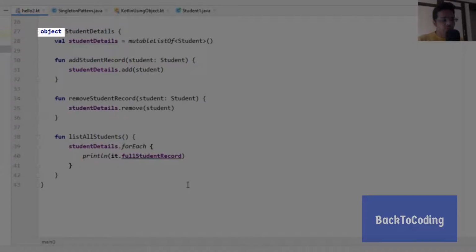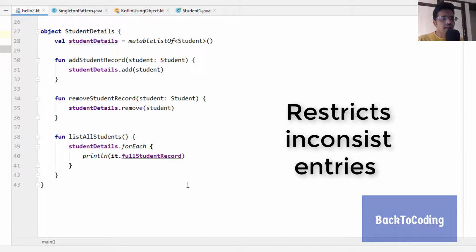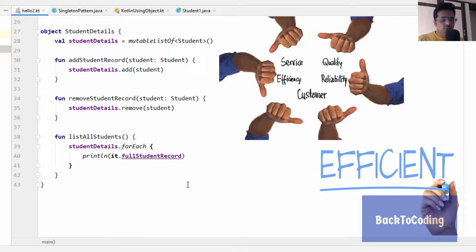The use of the object keyword restricts inconsistent entries, so it makes your software highly efficient and reliable.